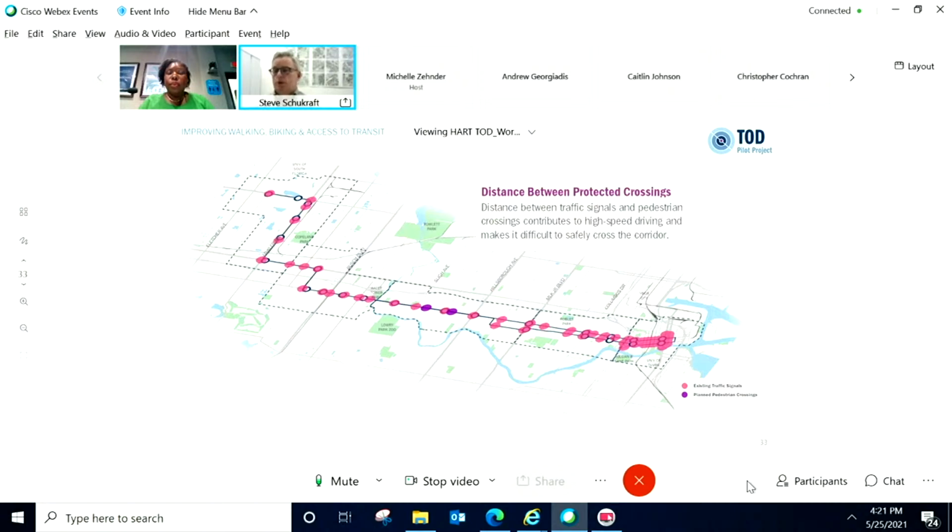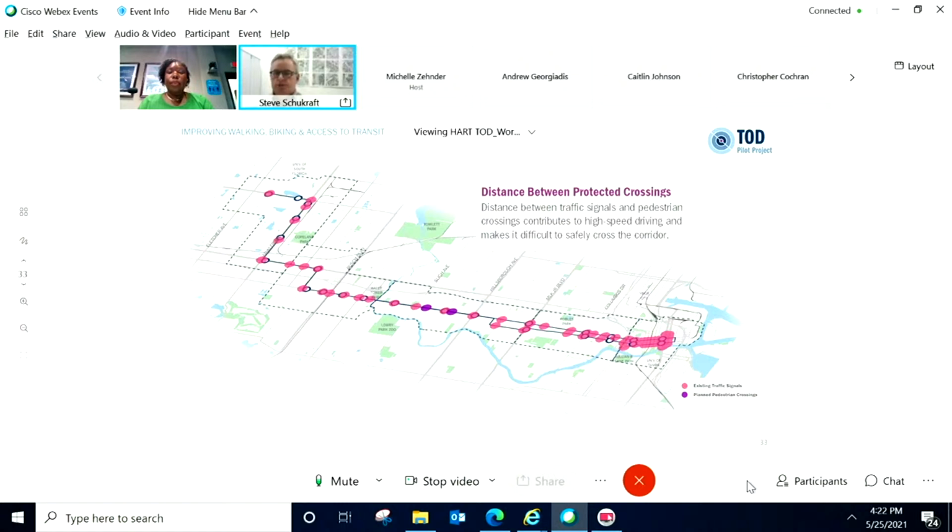We're also looking at crossing the corridor. So the other challenge along this corridor is the distance between signalized pedestrian crossings. So those are the places where you can stop traffic and cross the street safely. But they exist at fairly great intervals when we get north of downtown and north of Tampa Heights. And this map just highlights that point, that in many locations along the corridor, you've got to travel a half a mile to your destination if it's across the street and you're not at a stop location, a signal location.